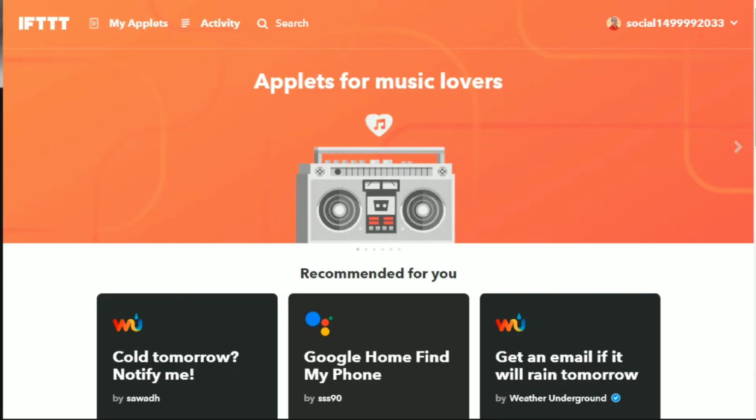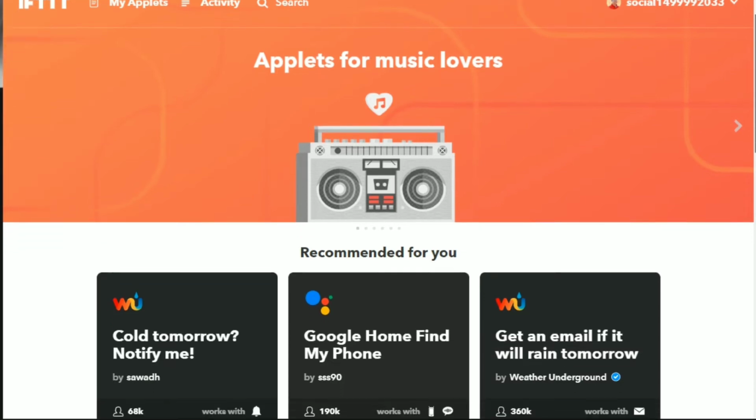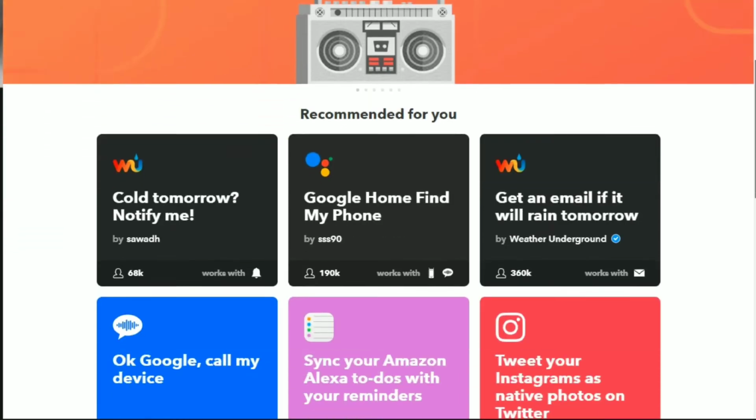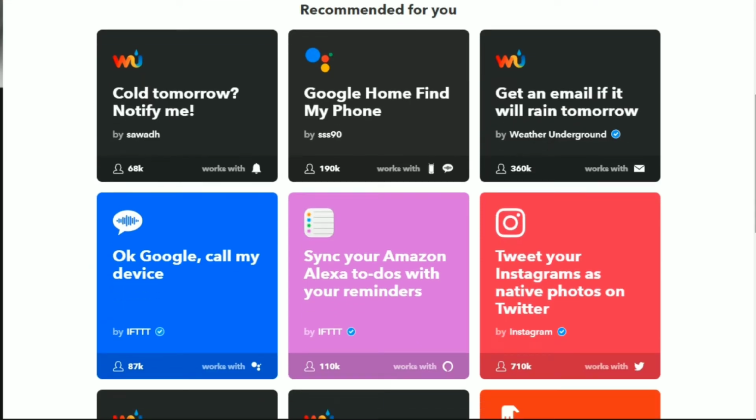Okay, so if you head on over to ifttt.com, that's IFTTT, three Ts.com, you'll see this page. You can go ahead and create an account, and you'll find a lot of really interesting triggers, as we call them, in IFTTT. A trigger is, let's say you upload a YouTube video, and then the system detects that the video has been uploaded.